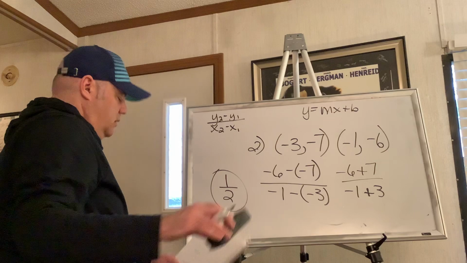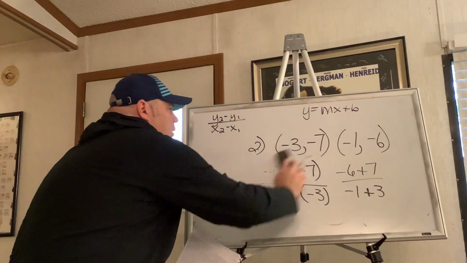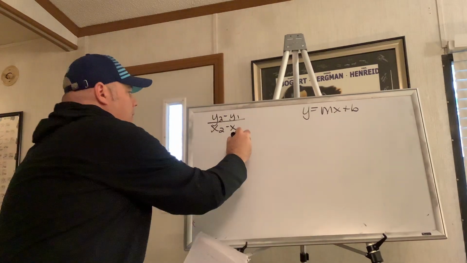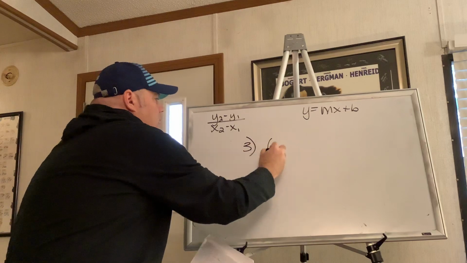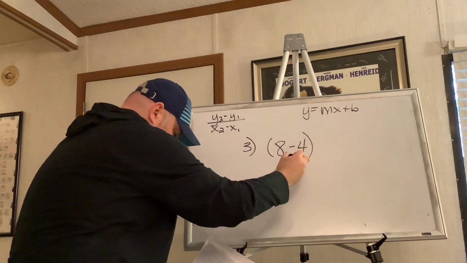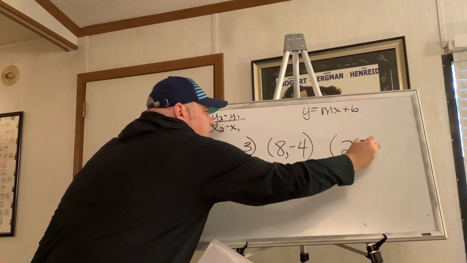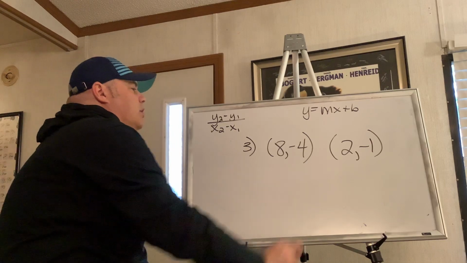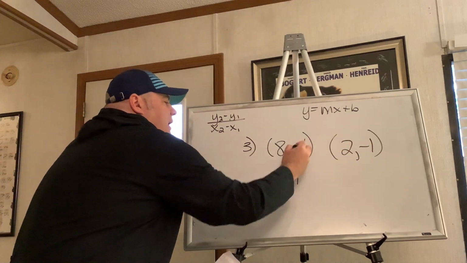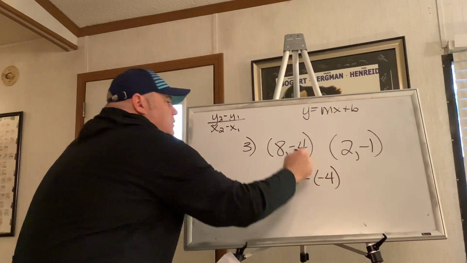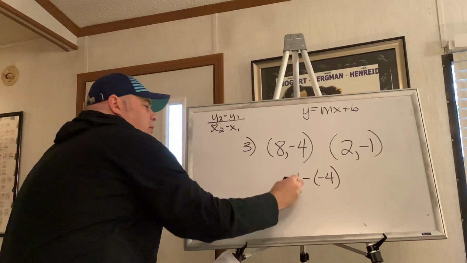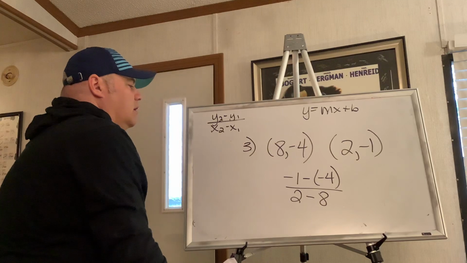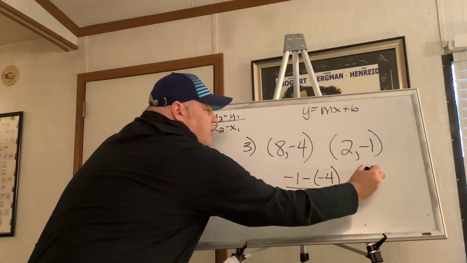Okay? Number 3. 8, negative 4, 2, negative 1. Okay, so there's my 2 points. 8, negative 4, 2, negative 1. So y2, negative 1, minus y1. So it's always minus and then negative 4, exactly what y1 is. And then x2, 2 minus 8. Okay, so you're going to end up with negative 1 plus 4